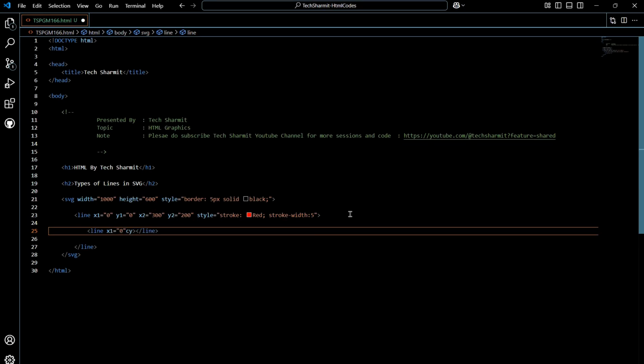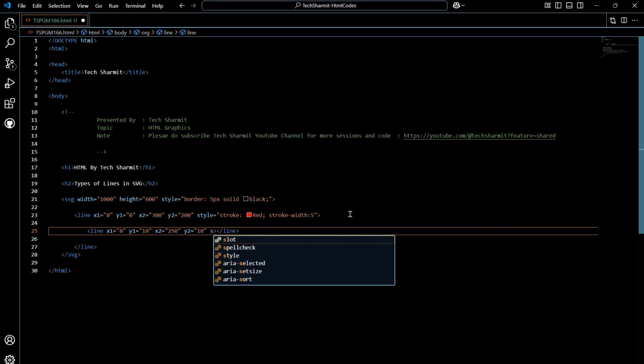For y1 we will keep it as 10, not c1, it should be y1. Okay, y1 would be 10. Then we will set x2. Here in x2 we will put 250. Then y2 would be 10. Okay, now you can apply style,